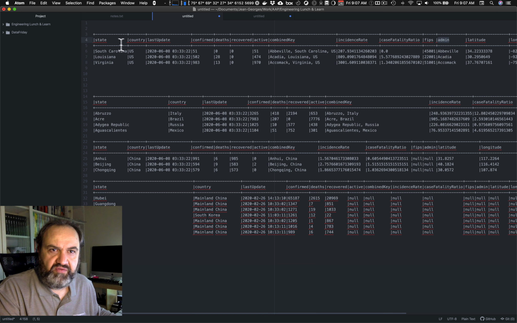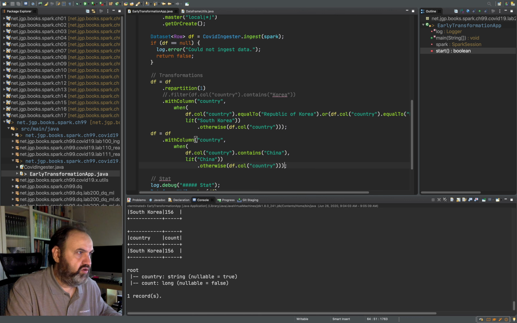So for that, I'm just going to use a small function that is going to help us create this combined key for all our records.